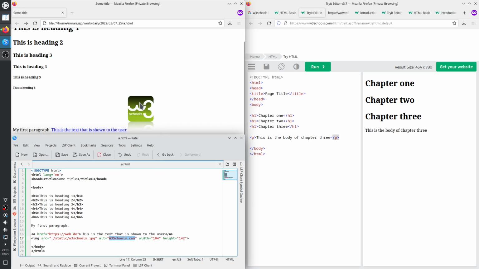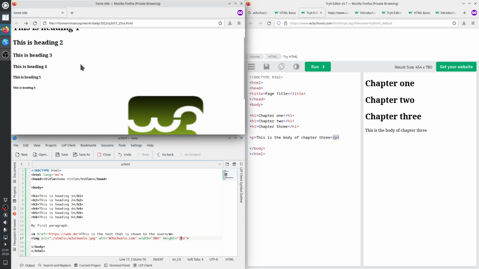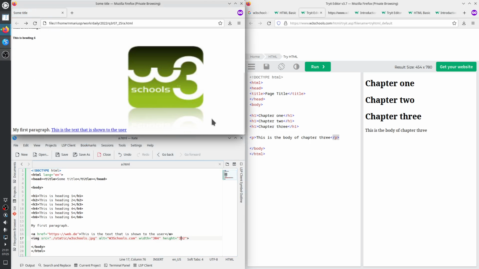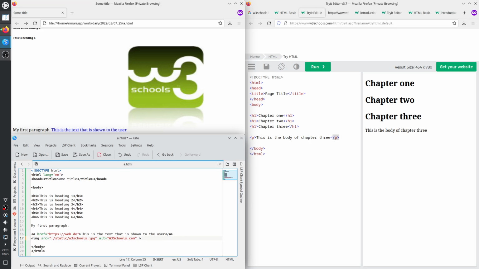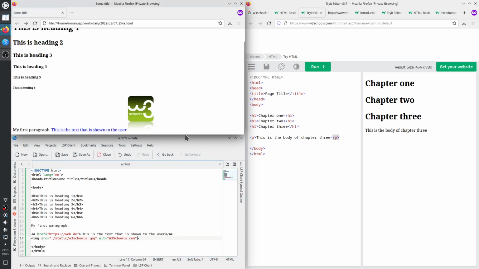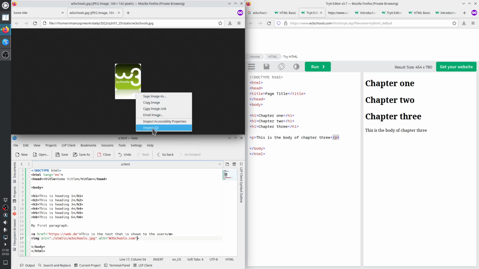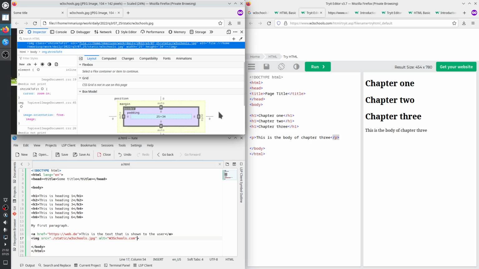So it says this image should be shown with this height and this width. We refresh, now the image is larger. Or we might not put the width and height at all. Ctrl S. And now the web browser will do what it wants, which probably is to show the image not scaled, so with 100% zoom in its original size. Let's see. So the image is